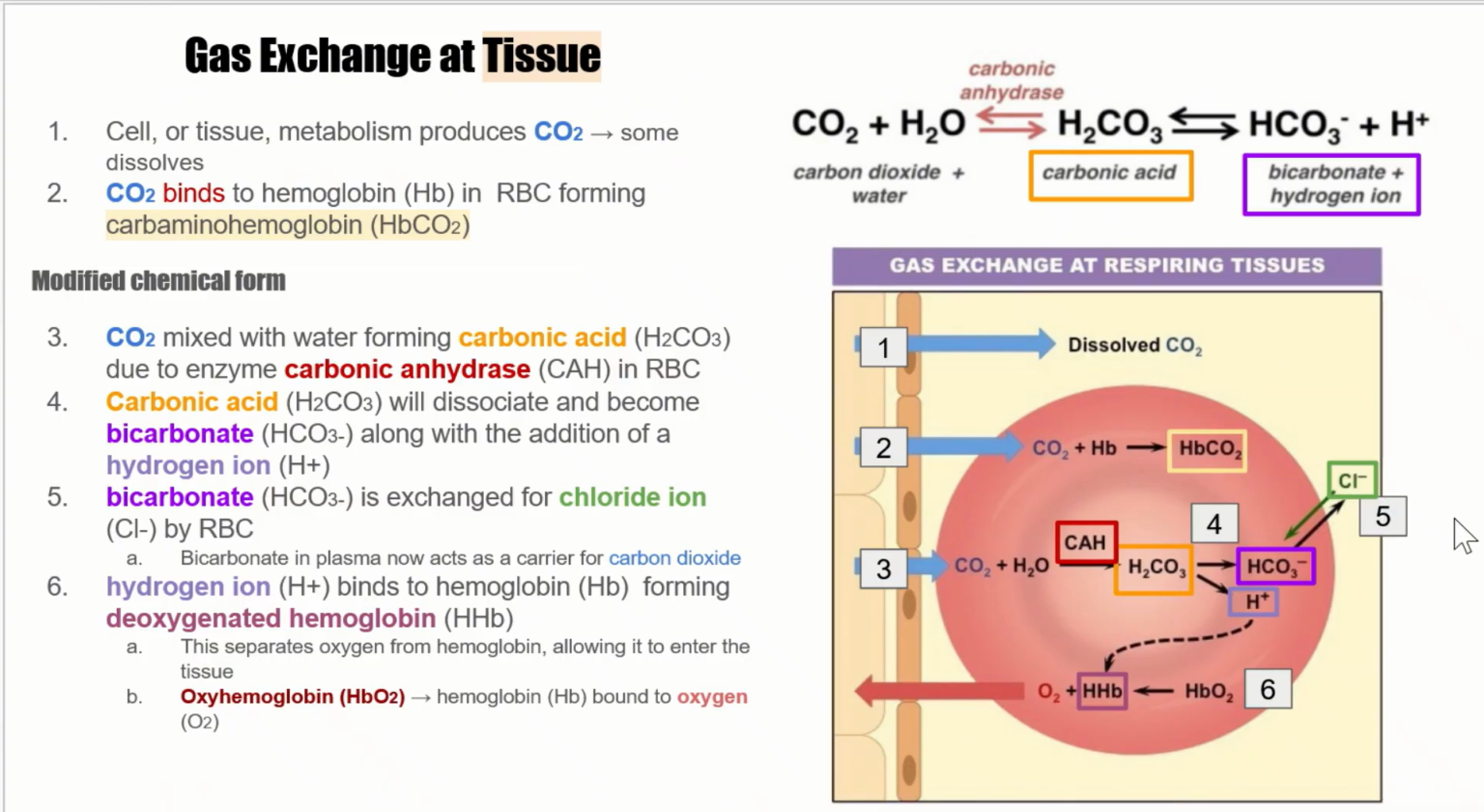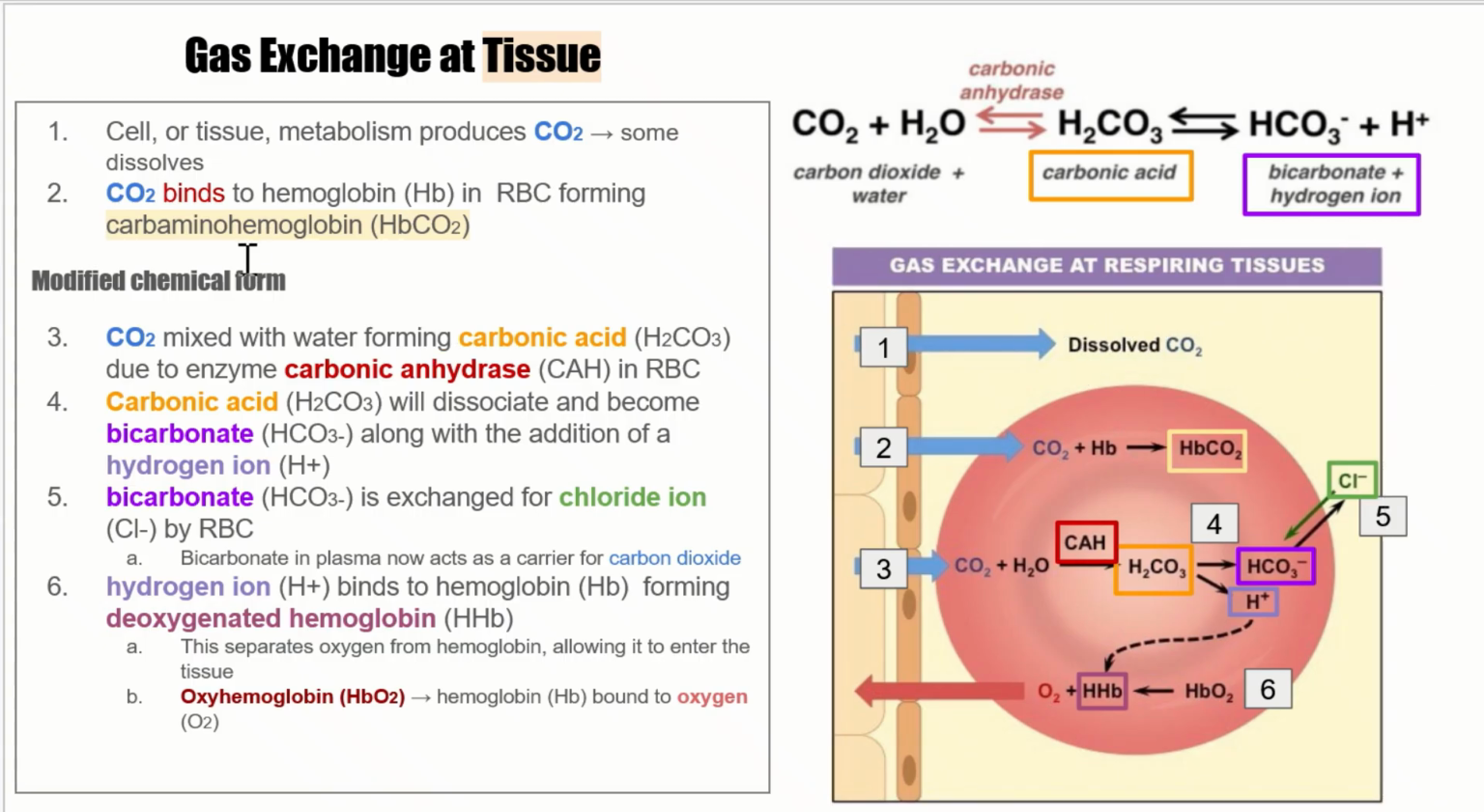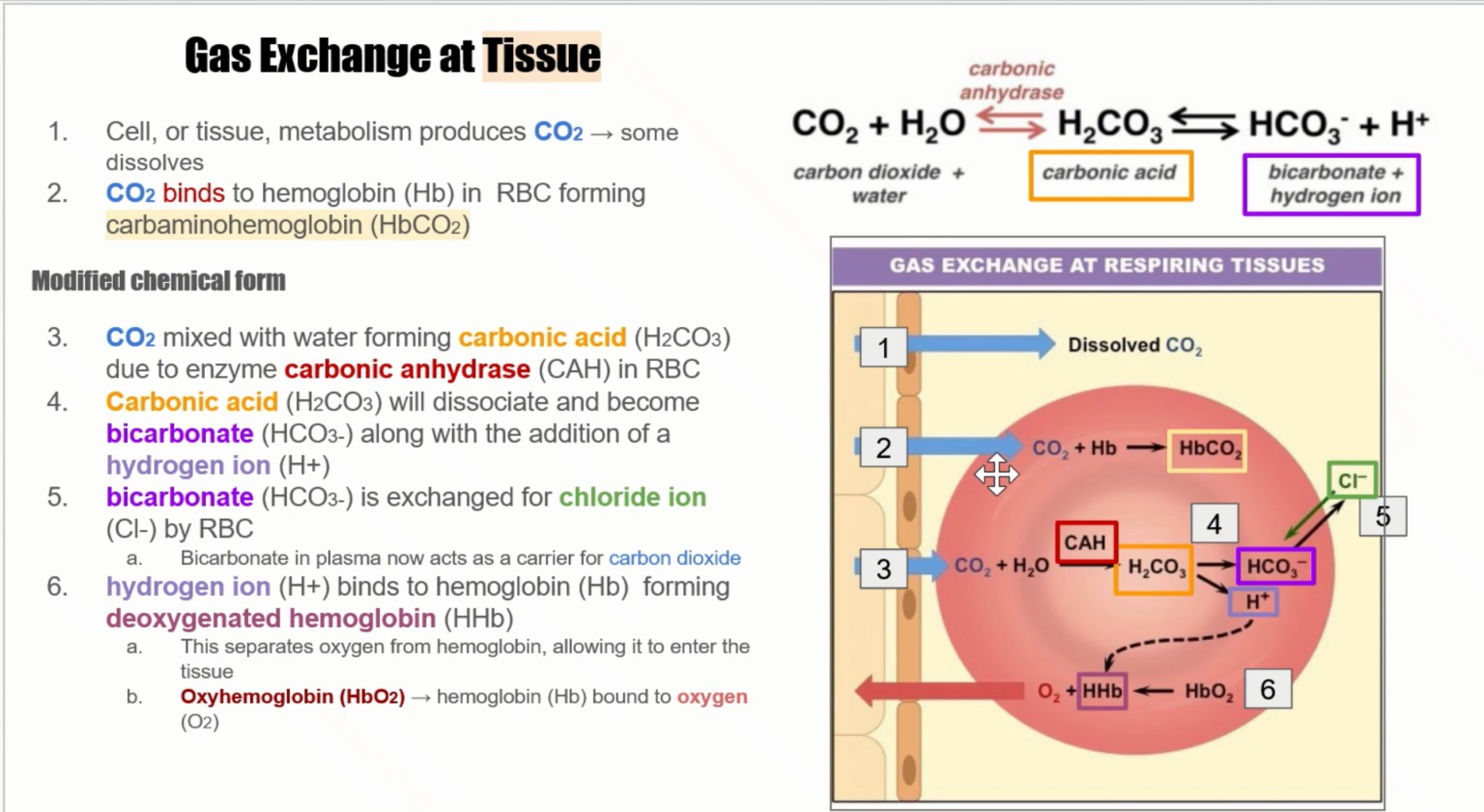So within this image right here, number 1 is going to be that dissolved CO2, that small percentage of CO2 that's going to be within the blood plasma. And then number 2 over here is going to be bound hemoglobin in the form of carboamino hemoglobin. That's that CbCO2 you see right here. So that's that bound form, but we have that modified chemical form as well that you see right here,